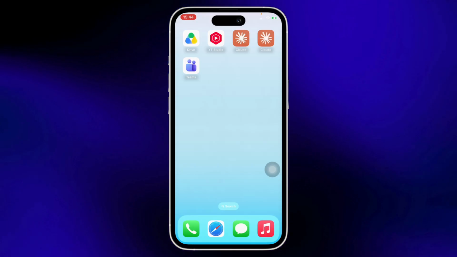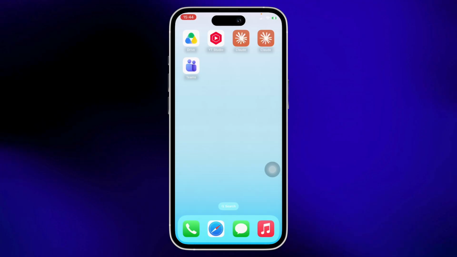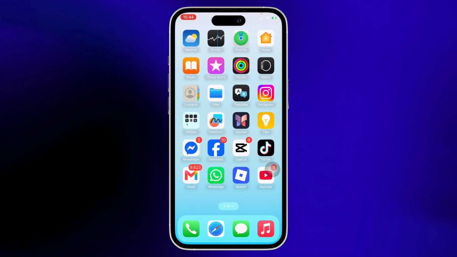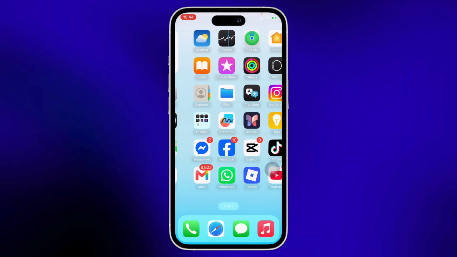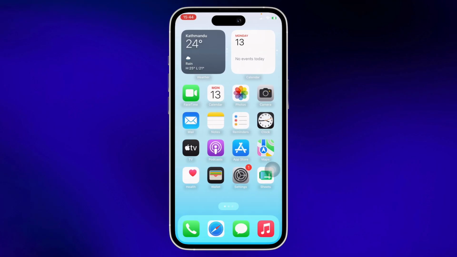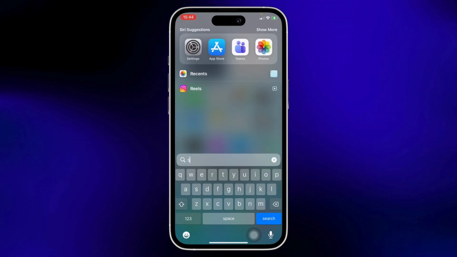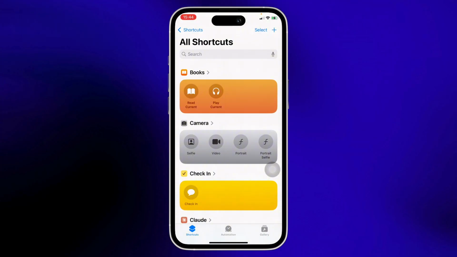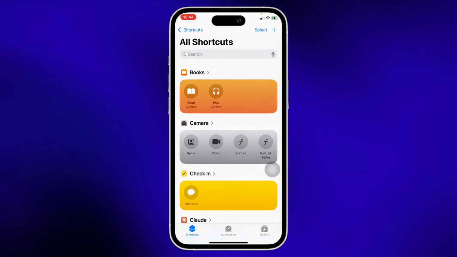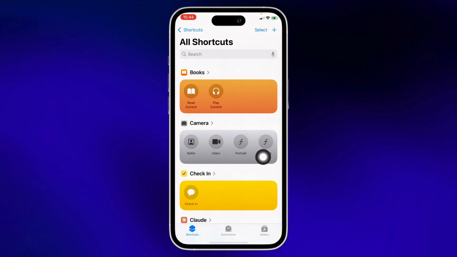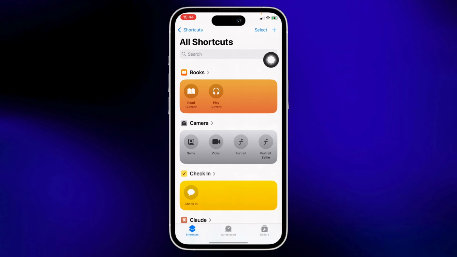Now let's get right into the tutorial. First things first, go ahead and open the Shortcuts application on your device. Shortcuts is the inbuilt application of iPhone which helps you in a lot of ways. So go ahead and open the Shortcuts application and then tap on the plus icon on the top right of